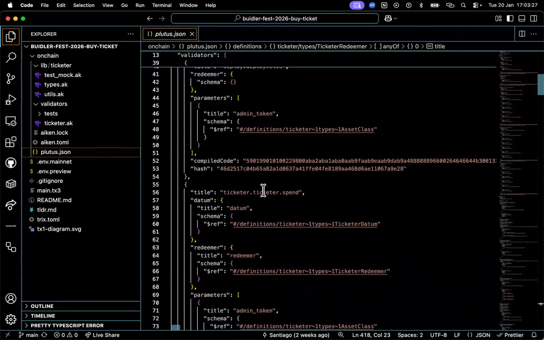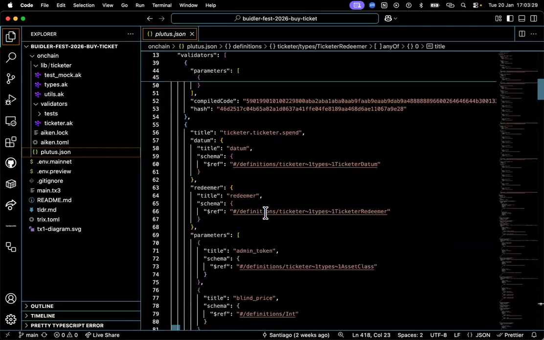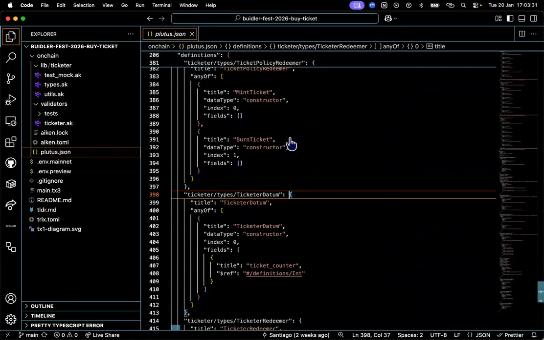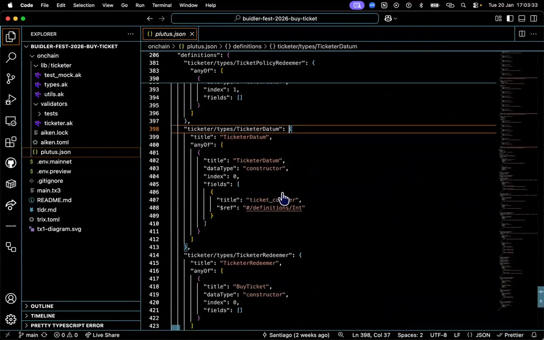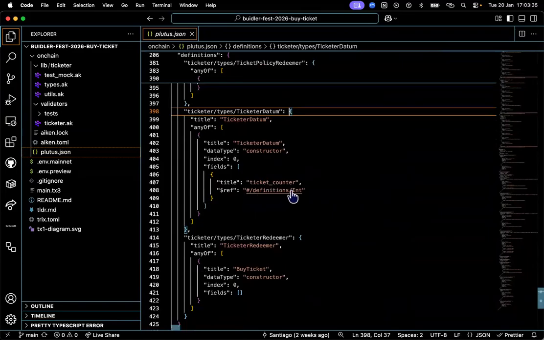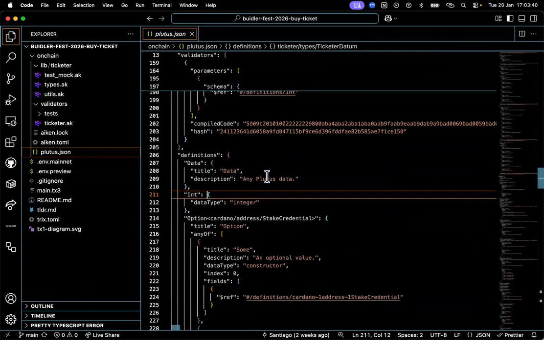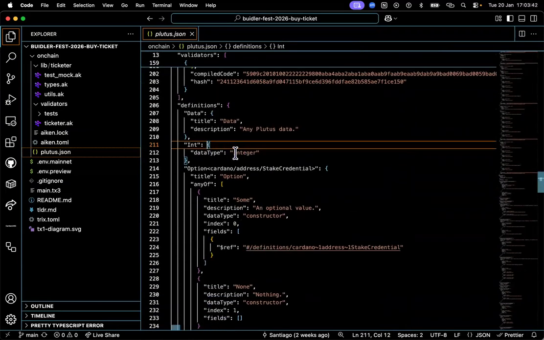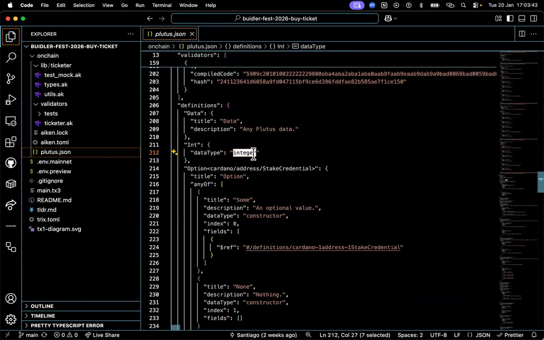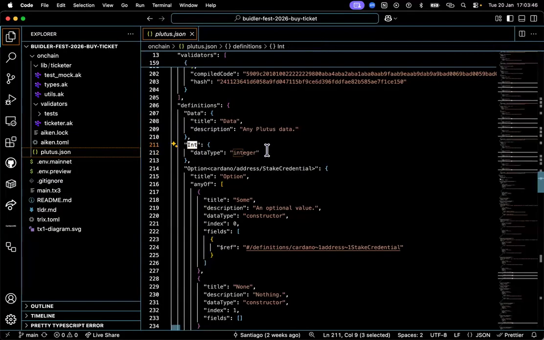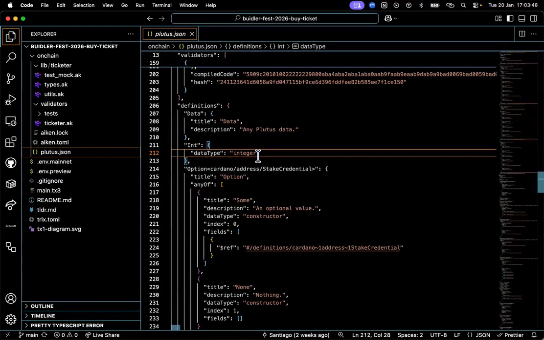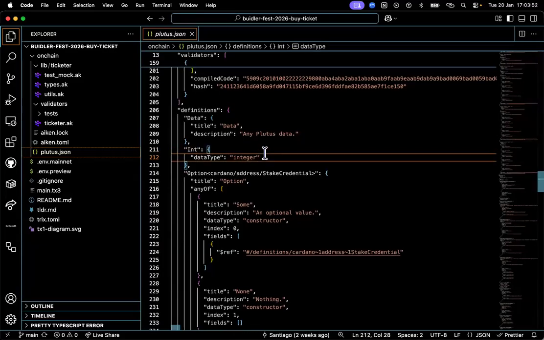Let me quickly check. Just show me this one second. I want to quickly take a look at this datum. Where's our datum? If you look at the datum, it says a constructor of definition type integer. And the field, you see the field is type integer, and the data type is integer. Okay. Now it all makes sense. So you convert this into integer, but maybe the ledger, like Andrew said, converts it into a big int. It makes sense. So we just need to make sure we check the plutus.json.